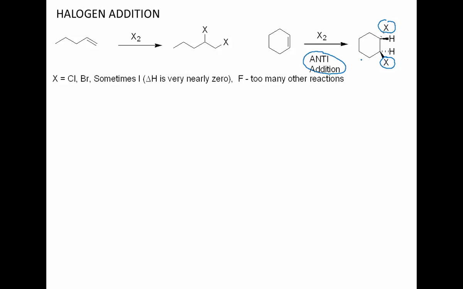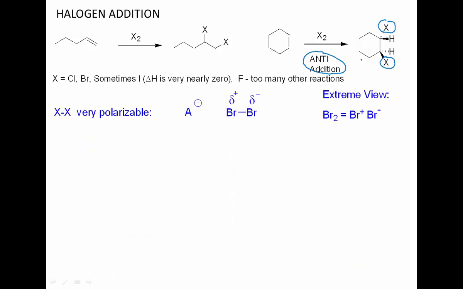Okay, so let's look at the mechanism for this reaction, and first let's look at how we can regard halogens. The X-X bond is what we call very polarizable. It can distort the electron cloud to match whatever